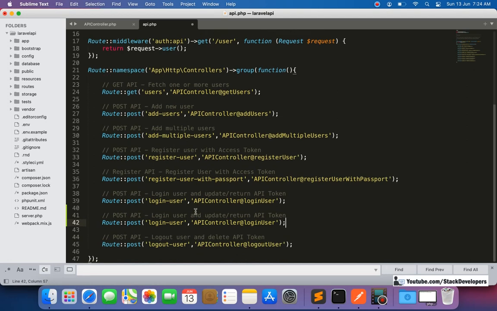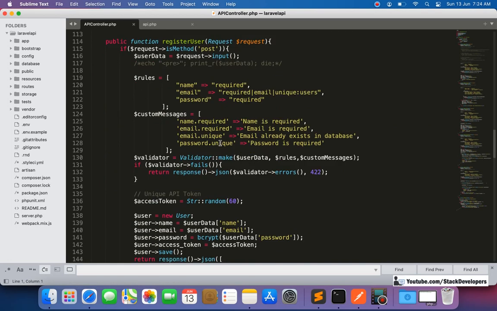Login user, I'm going to make it like login user with Passport, and here as well we can write Passport. Okay, so login user with Passport, and here login user with Passport, and here login user with Passport.